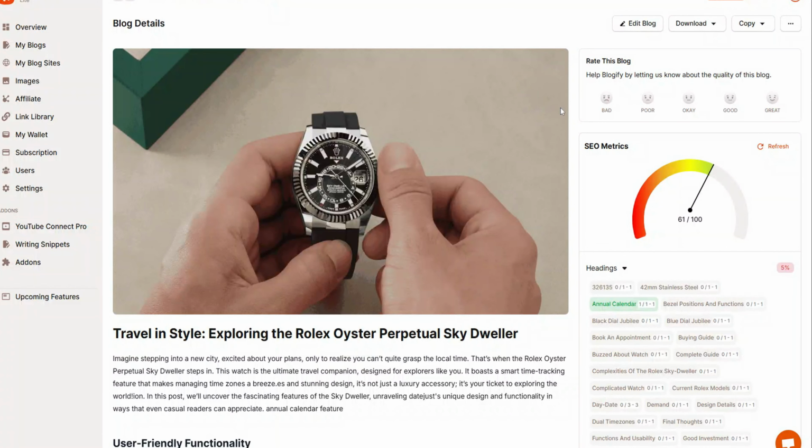Hello everyone, this is going to be a quick tutorial on how to use the SEO scoring feature of Blogify